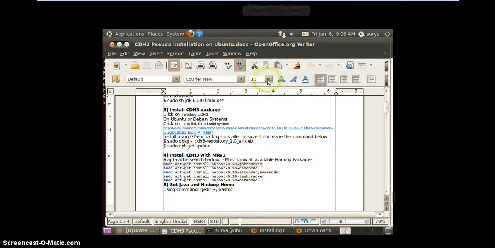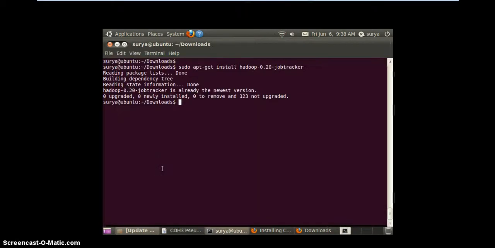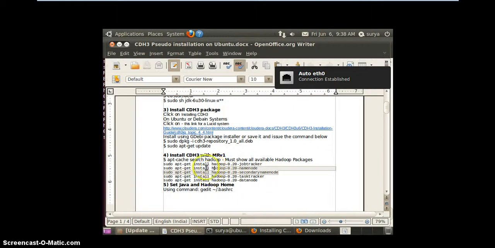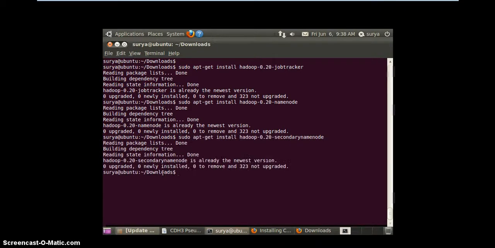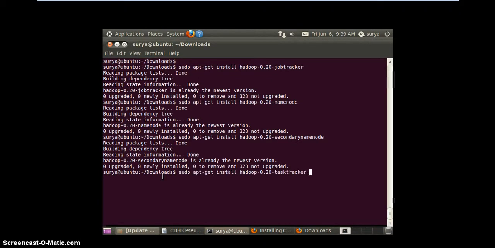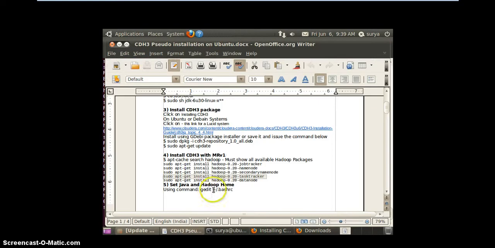Similarly, I would do this for all the daemons, like my name node, my secondary name node, again the task tracker, and the data node. My task tracker is done, and finally I will install my data node.